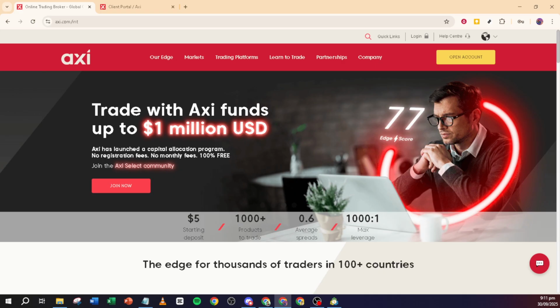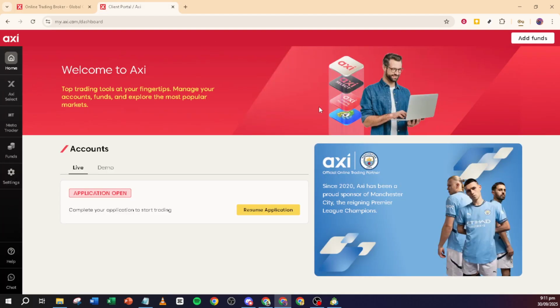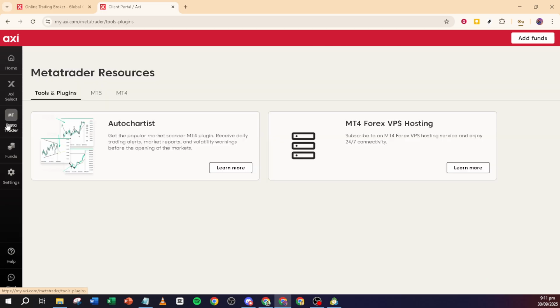First, you need to choose a broker that offers a demo account option. There are numerous brokers available, so it's important to do some research to find one that suits your needs. Once you've settled on a broker, sign up for a demo account on their platform. This typically requires providing some basic information, like your name and email address. Sometimes, brokers will automatically set up a demo account for you upon registration, which makes things even easier.